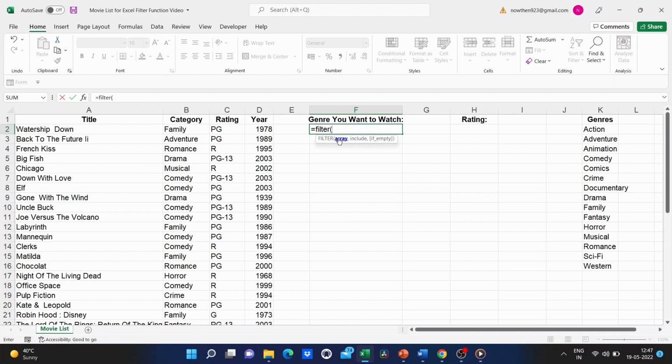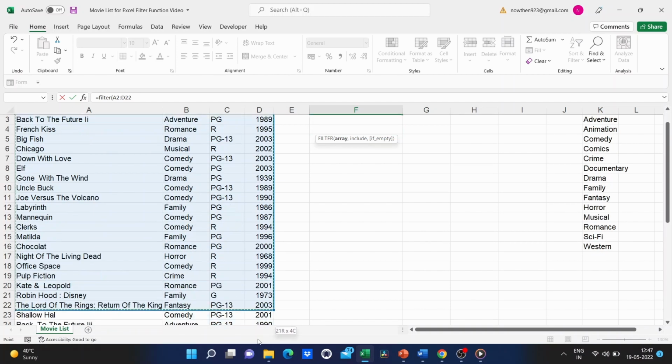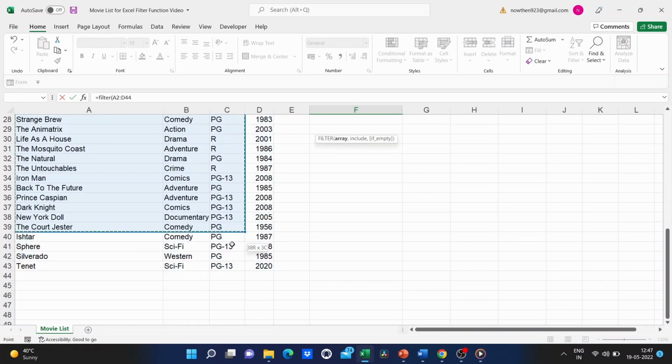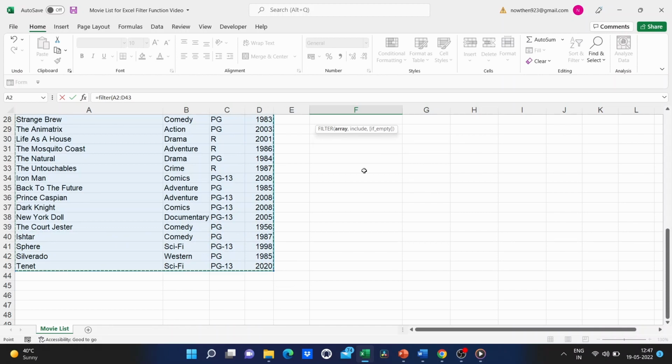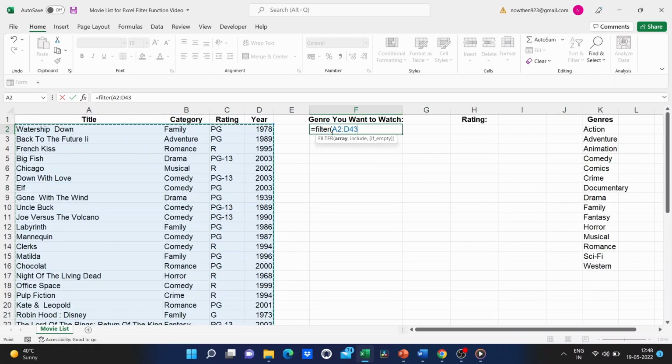So what is the range or array that's important to me in this spreadsheet? Well, it's the data. So I don't need the column headings but everything else. I'm just going to click and drag to highlight all of it, all the way down to row 43. Now, I could have simply typed in the cell references A2:D43, A2 through D43, but sometimes clicking and dragging is a little easier. Next, I put in a comma.